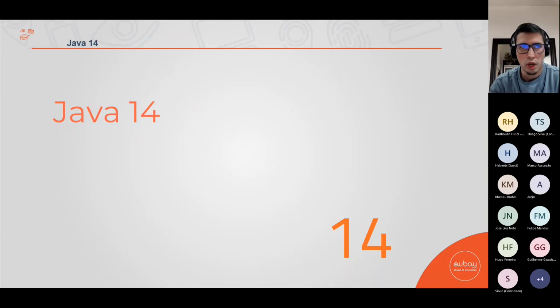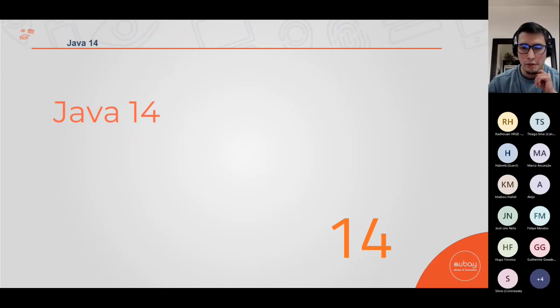So this is the reason why you cannot use an external variable inside. Actually, you can do that, it's not very good, but you can. But you cannot change the value of the external variable inside a lambda expression. For example, let's say that you have a variable called count, and you try to change this value inside a forEach method. It's not possible, okay? I don't know if I answered your question. I will keep going. If not, please just ask another question, okay? I hope I have answered.